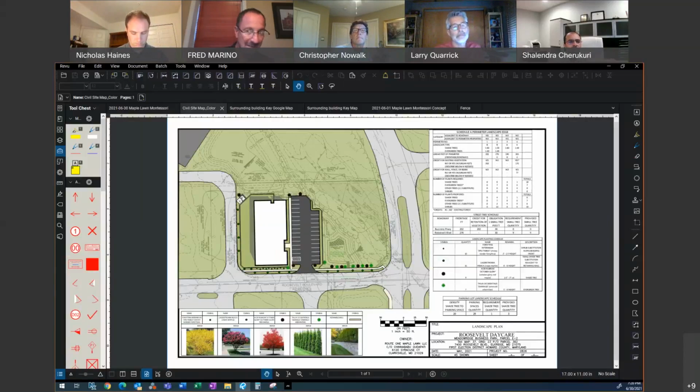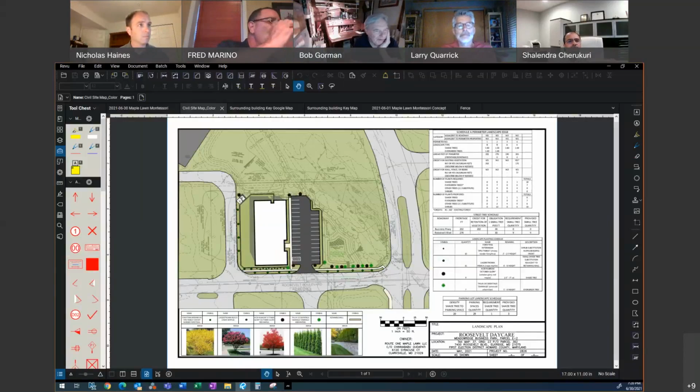This is Bob Gorman. I really like your approach to the building by making it flexible for future uses, and I think it's appropriate what you've done for the kids. Just a couple of questions. The landscape plan seems a little light. I know you're probably meeting the requirements, but how many employees do you have here, and how do parents deal with dropping their kids off? Do they park and walk them into school?